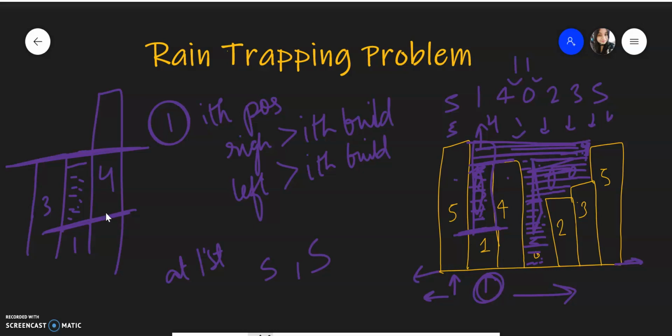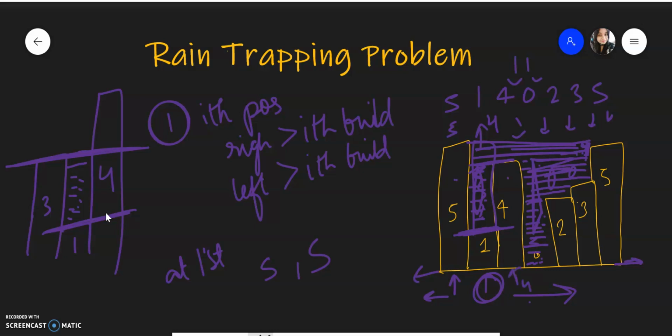This is the formula. Whenever you are at the ith position, find the maximum to the left of i and the maximum to the right of i. Once you have these two values, take the minimum of these two and then subtract the current height.